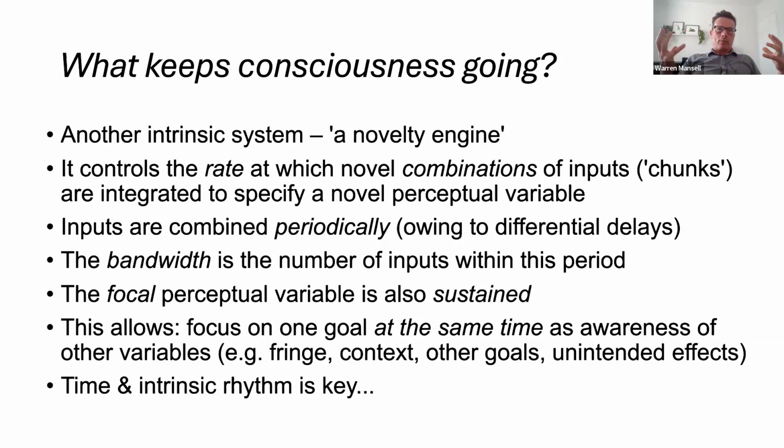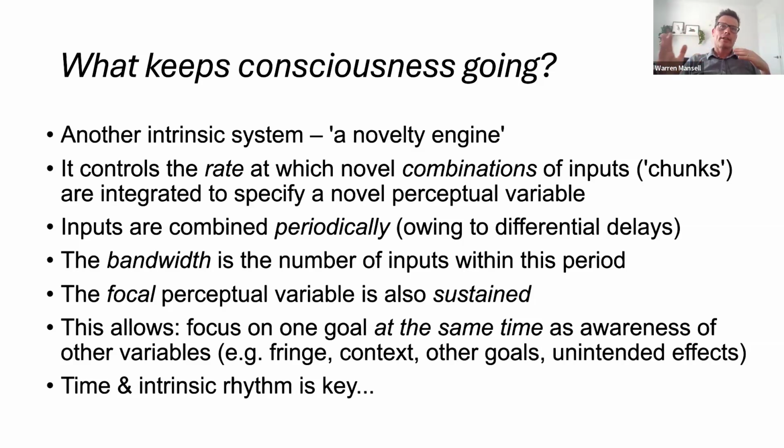We're going to propose it within PCT as an intrinsic control system. What is the variable that it controls? The rate at which novel combinations of inputs, chunks from those lower levels, are integrated to specify a novel perceptual variable. So in addition to consciousness having this global workspace, it is also